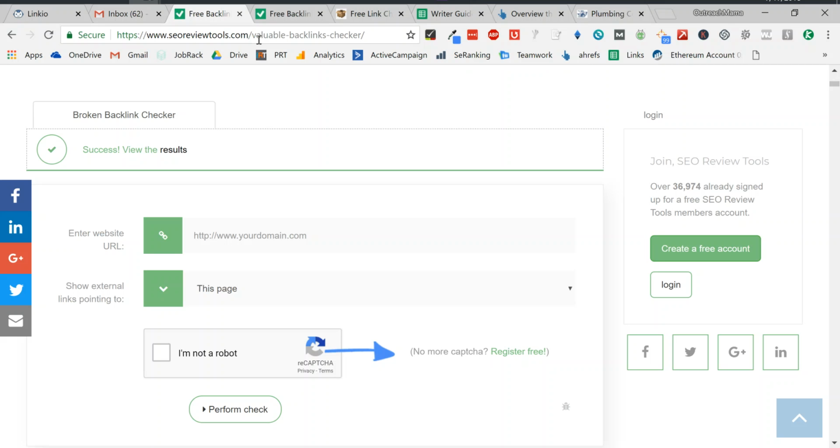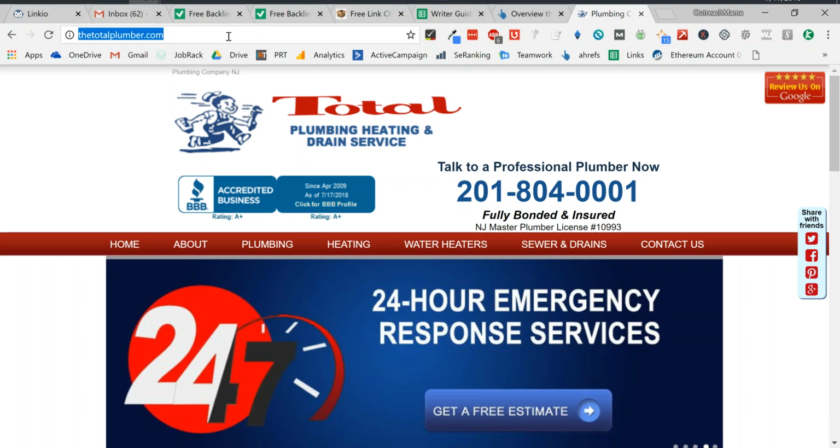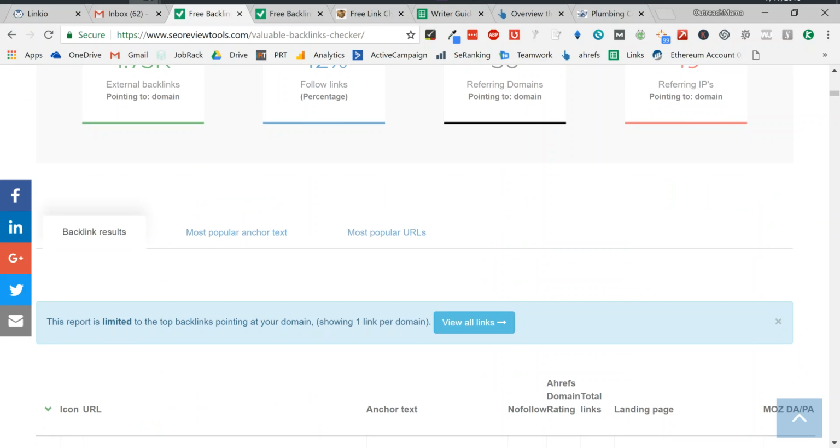The nice part about doing local SEO is that most local websites actually don't have that much backlink data. So I took totalplumber.com, for example, which ranks number one in New York City or New Jersey, and I ran it through this tool here. I simply added in the domain name, and I wanted to see all the pages in this domain. And what I ended up with